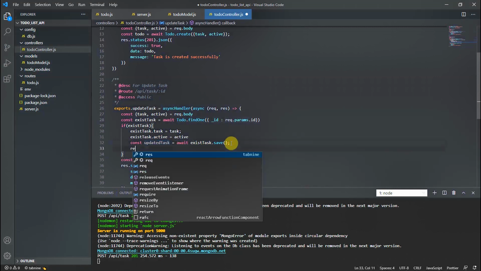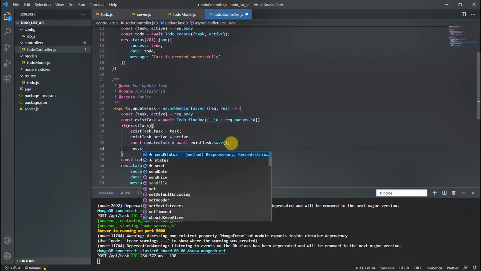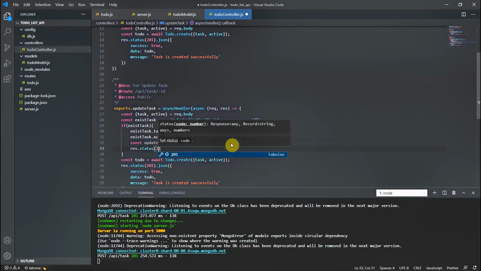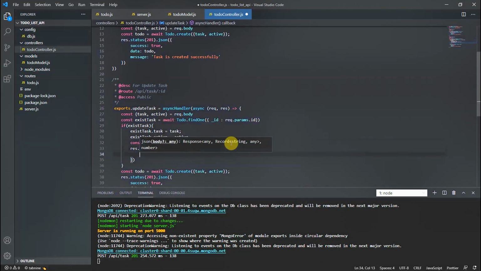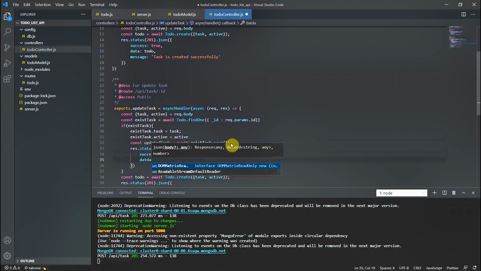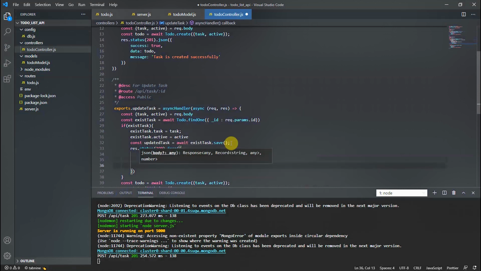So again, res.status would be 200, a successful update, and success should be true, and the data is the updated task, and you can send some message like task is updated successfully.